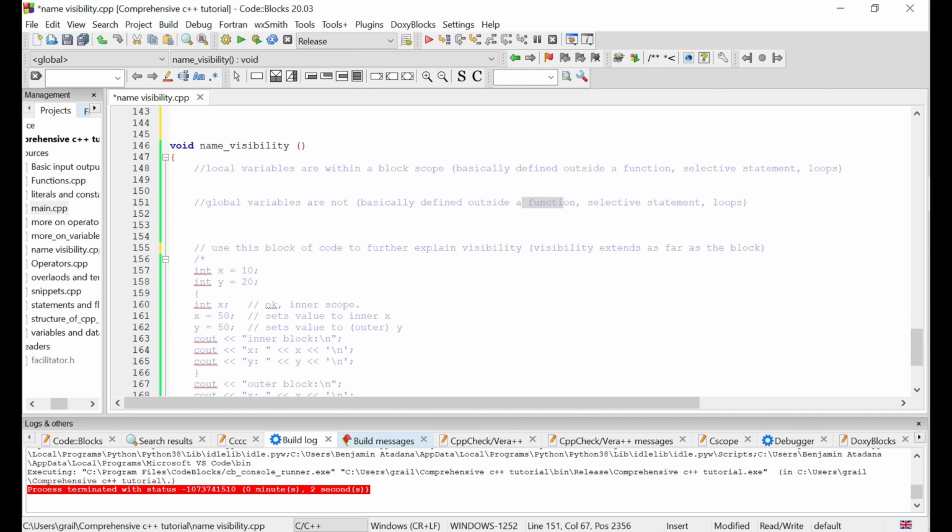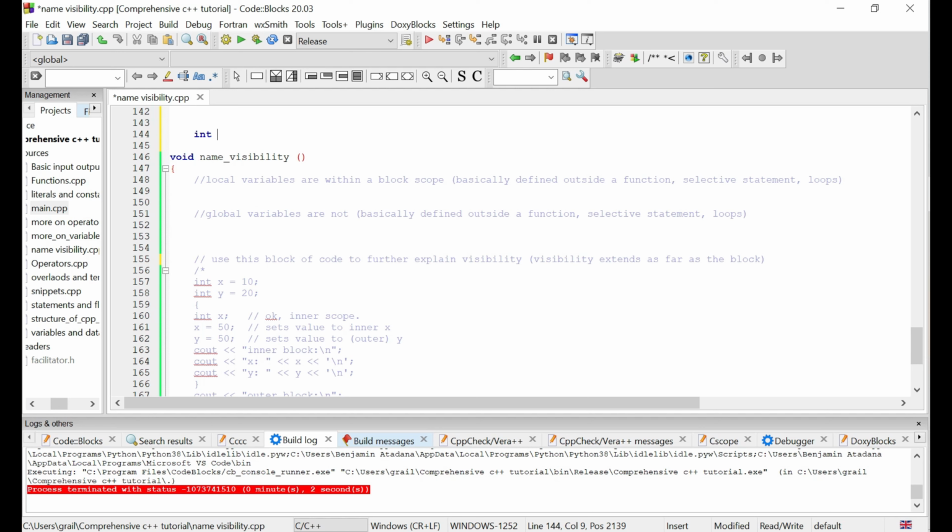So right now we have a function called name visibility that I created for this tutorial. When we declare a variable here called int x and assign 8 to it, this is a global variable. But the moment we come in here in the function and declare int y equal, let's say, 9, then